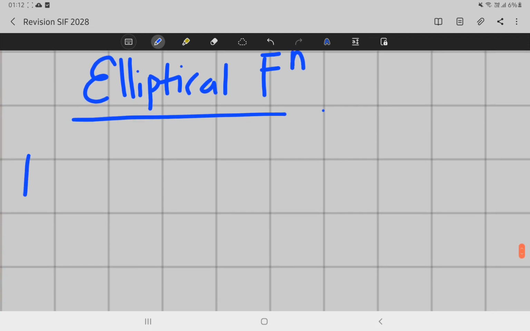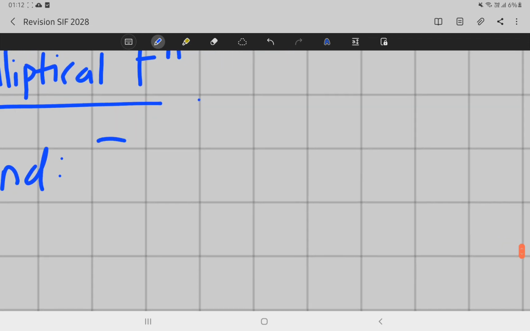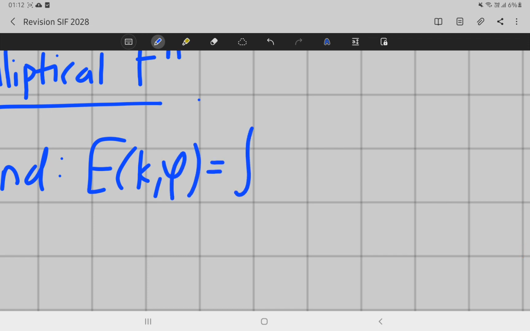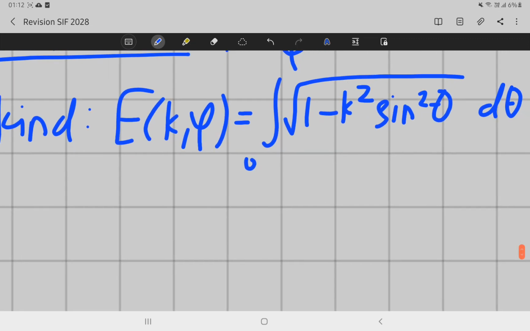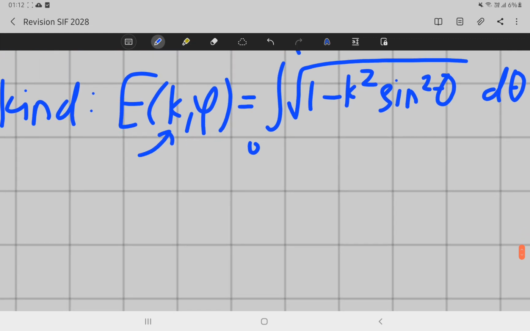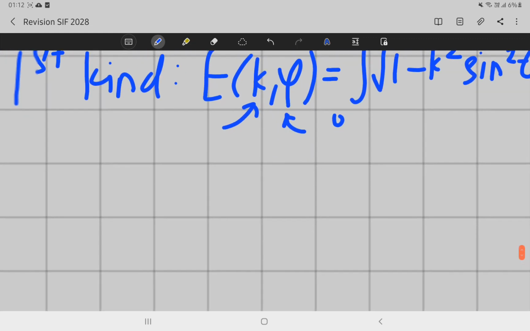The first kind is E(k, phi), which is the integration from 0 to phi of the square root of 1 minus k square sine square theta d theta, where k is just the parameter and phi is the angle. And then the second kind, you need to know, is